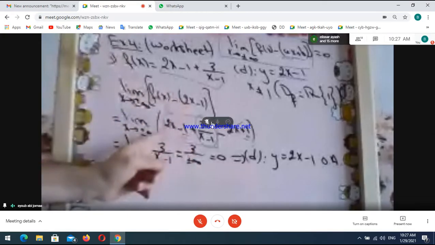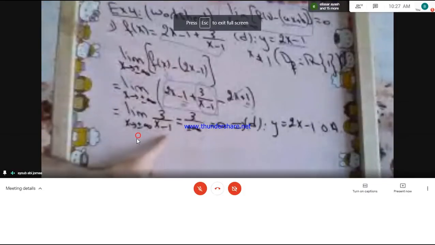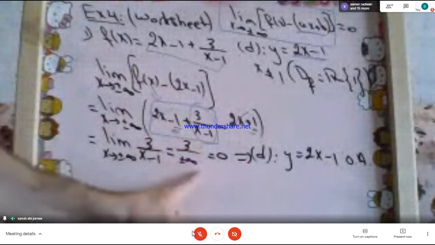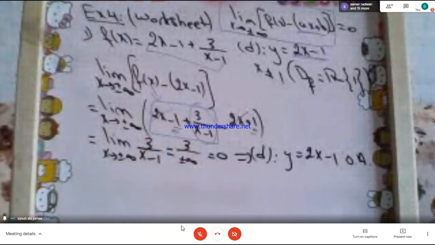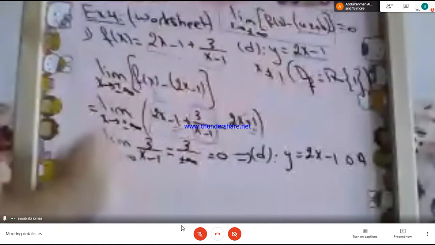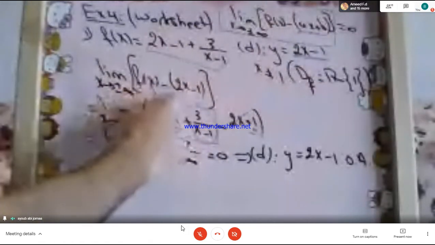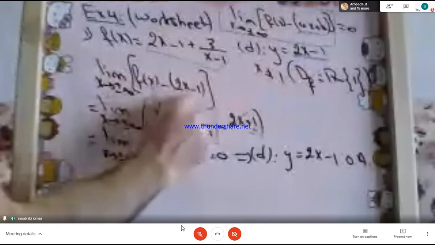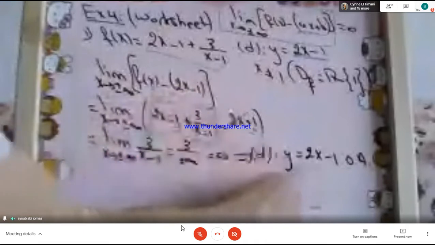f of x minus the line. Simplify, you get 3 over x minus 1. Replace x by infinity, you get 3 over infinity, a number over infinity, equal to 0. So here we satisfy the rule. So f of x minus this is equal to 0 as x approaches infinity. So the line of equation y equal to x minus 1 is an oblique asymptote